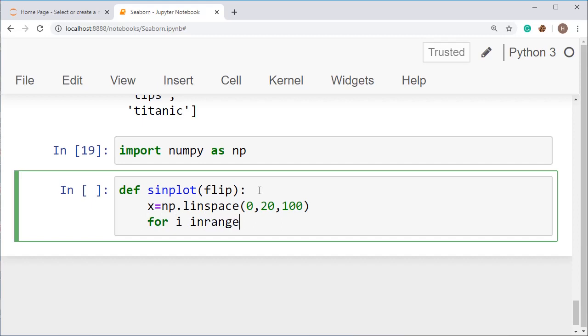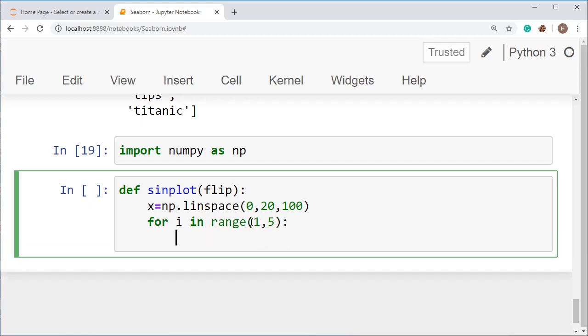Now for i in range 1 to 5, take from 1 to 5, and then plt.plot.